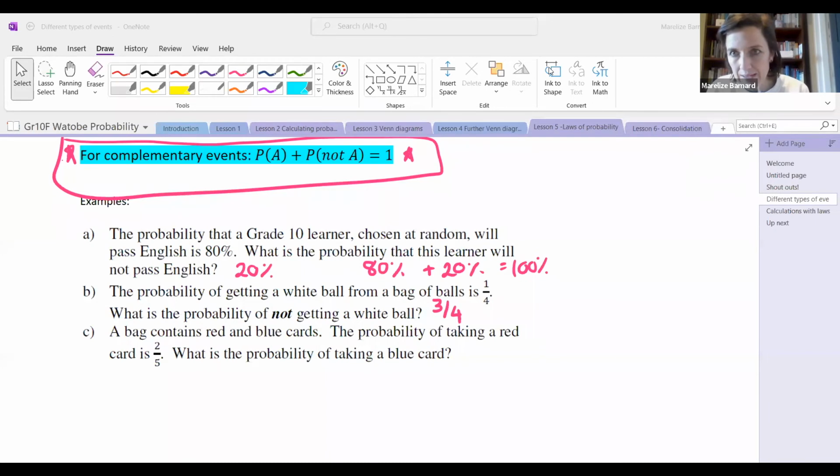Let's see. Anything else? Did I miss anything else, Ms. Coco? Okay, and then